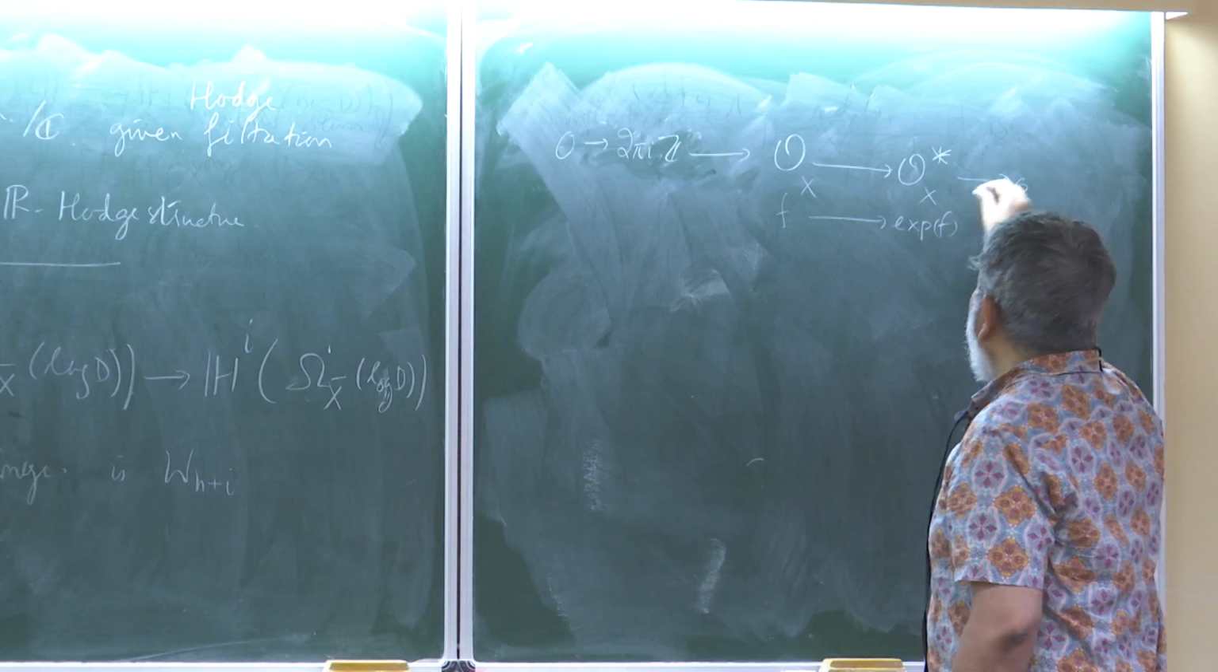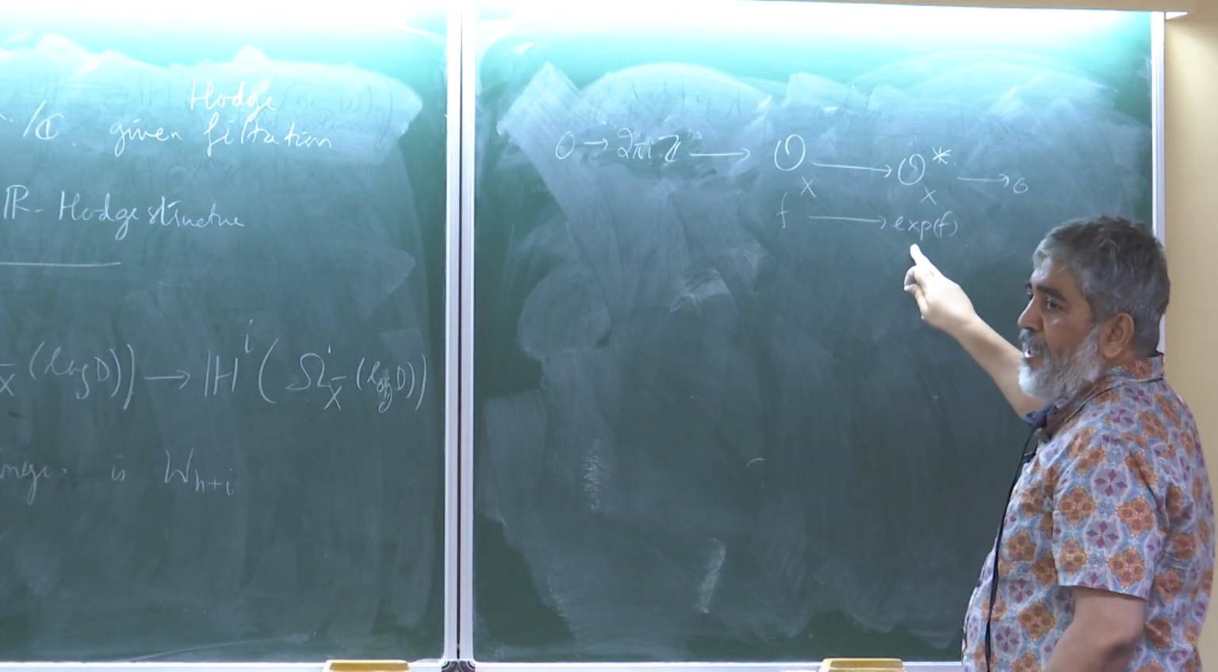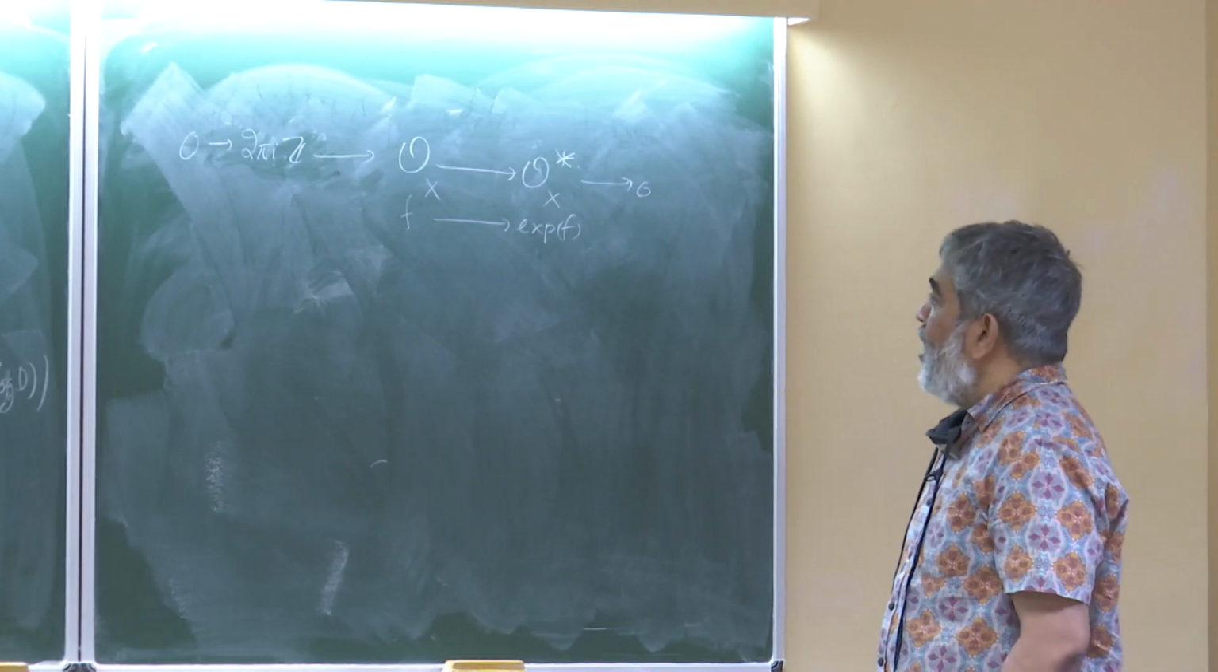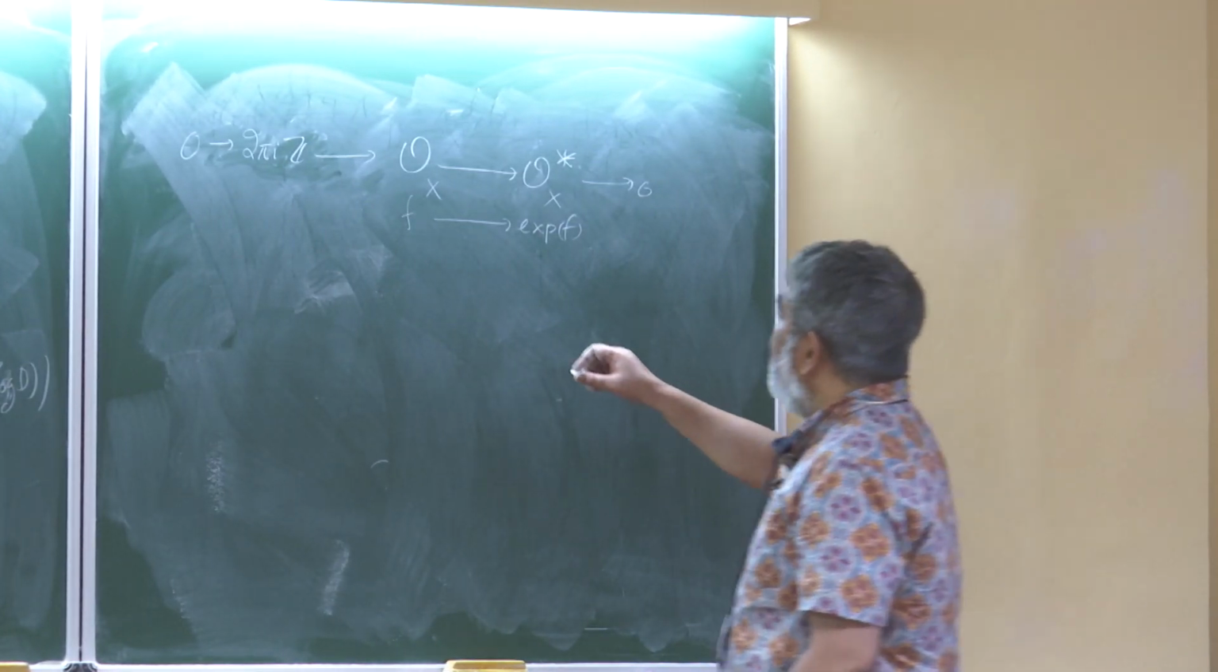Now you might say, why don't I just put the 2 pi i here? And the reason I don't put the 2 pi i here is because, okay, so you put the 2 pi i here instead of there, okay? So the reason is that